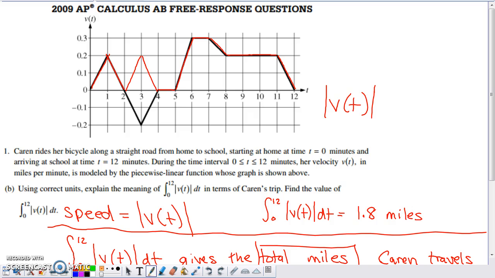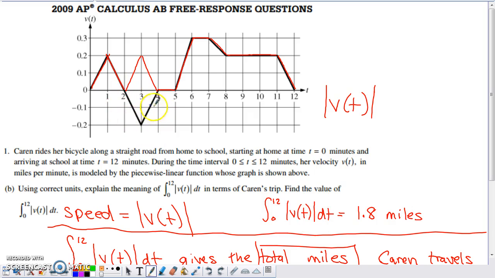Part B says that we should use correct units to explain the meaning of this expression in terms of Karen's trip, and find the value of that expression. So if you think about the absolute value of velocity, what we've done off and on this year is define the absolute value of velocity to be speed. And if you integrate speed, or integrate the absolute value of velocity from 0 to 12, what really ends up happening with all of your velocity values that are negative, and they really only sit right here on your graph,